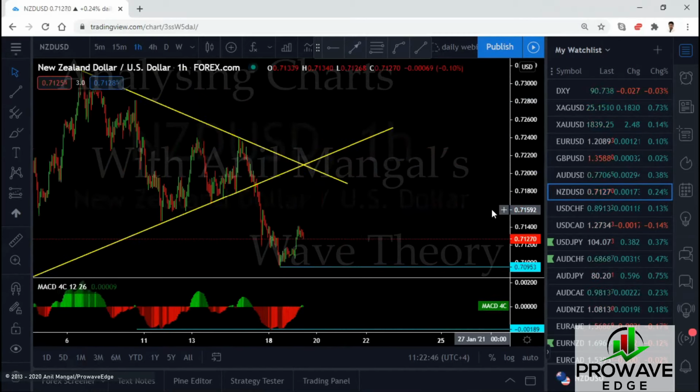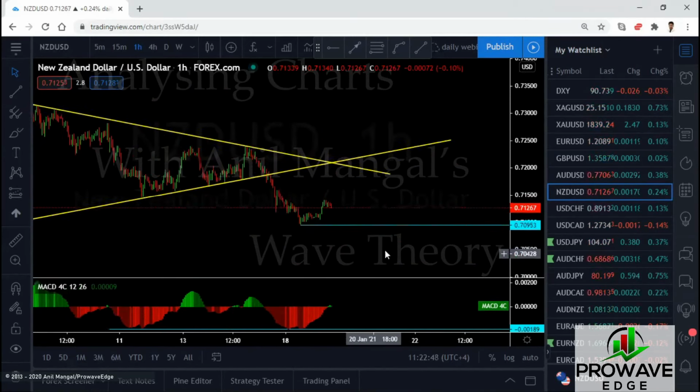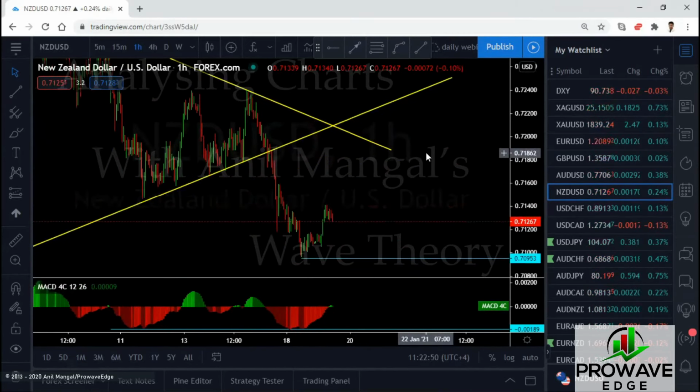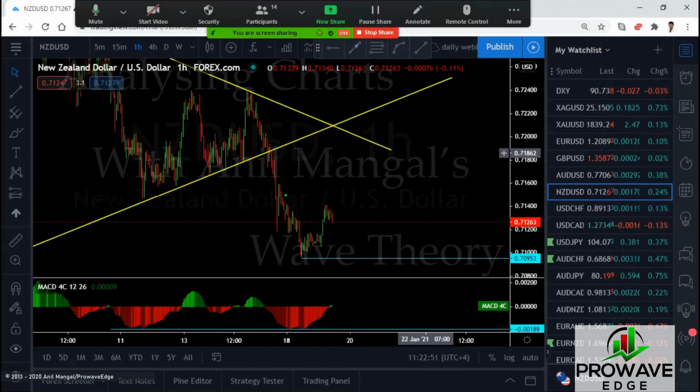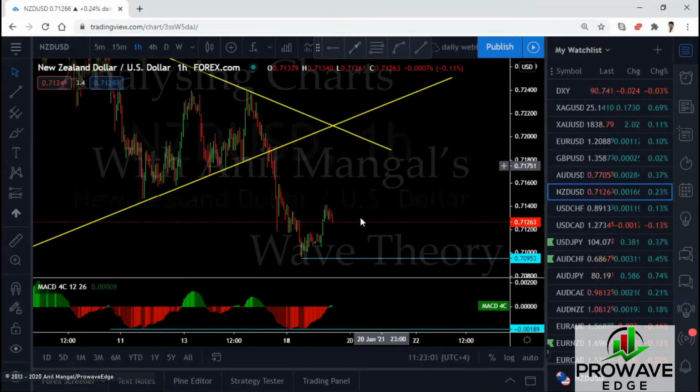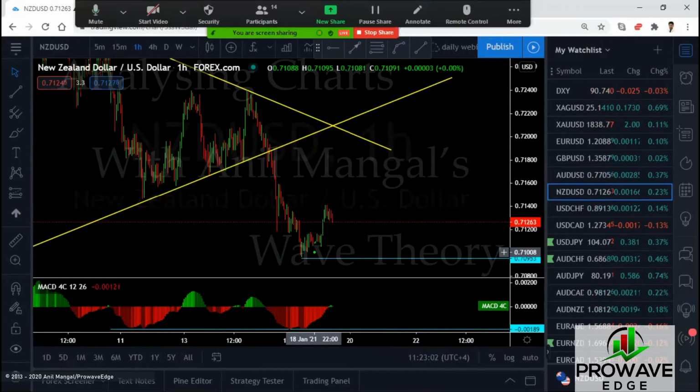New Zealand, short term, we were thinking that it could be a sell for a possible running flat. This could be the running flat. It's a small one there. And if that's the case, then we were expecting buys. We would look for buys here. It didn't give a sell setup. It didn't break. It came down here. We were expecting this to break.